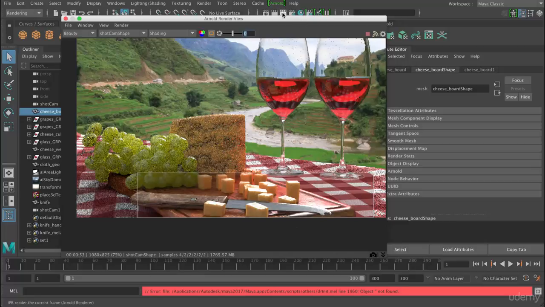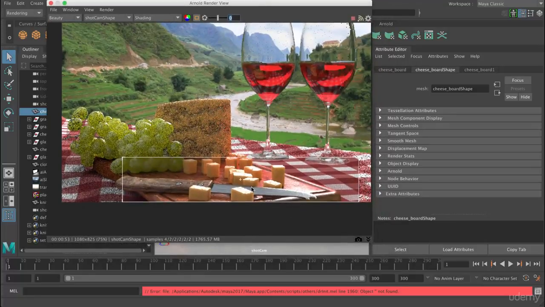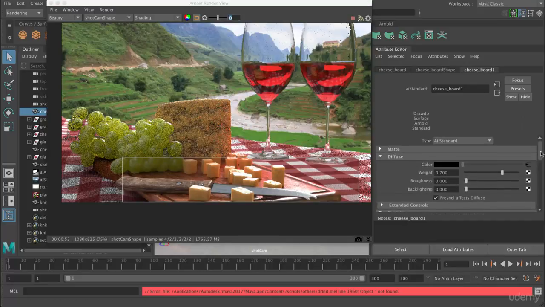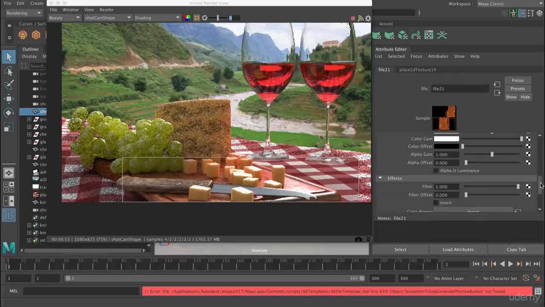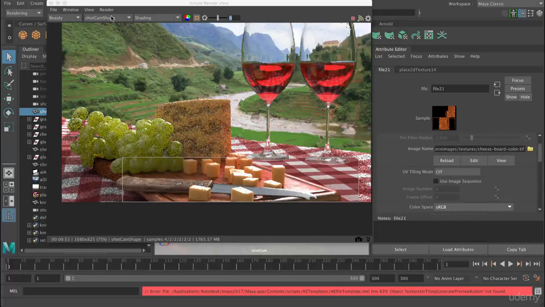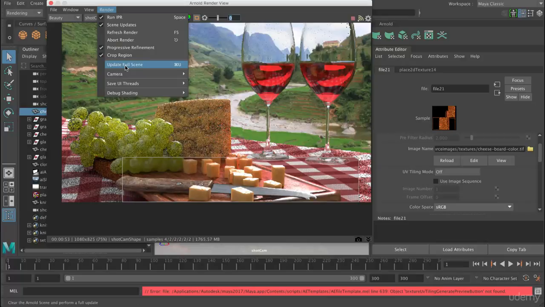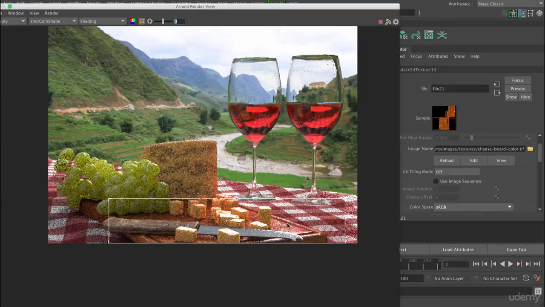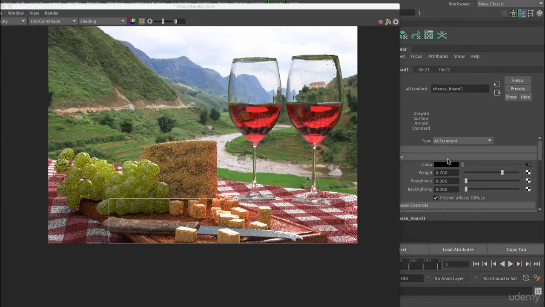So if you wanted to have less reflections on this, you can do that if you want to. Mine is fairly new, so this board is not supposed to be too old, whereas this is supposed to be a bit older. So you can adjust that on your cheese board shader. Just to reiterate what we did, we mapped the diffuse with a color, and it's going to be a file texture. And this is it here. Make sure you update your scene if you have got your render view already open so that the colors are accurate. So just click on that and it will re-export your TX files and make sure everything's accurate in terms of the color. So once we've got that, we can map the specular